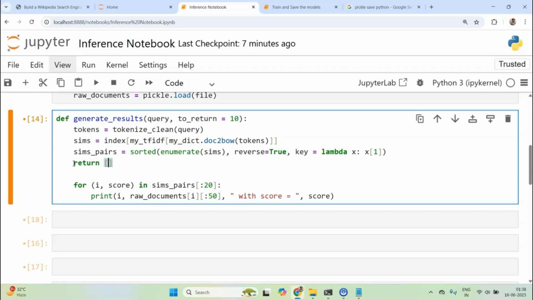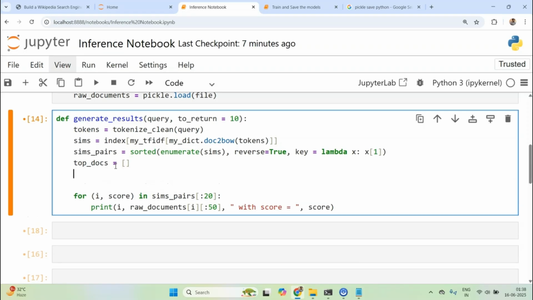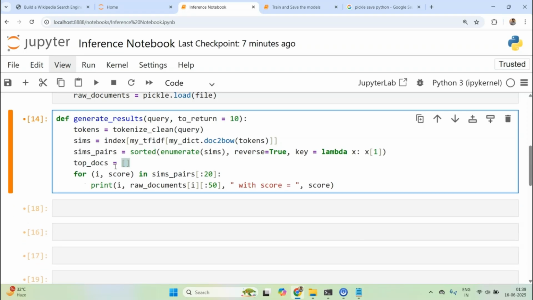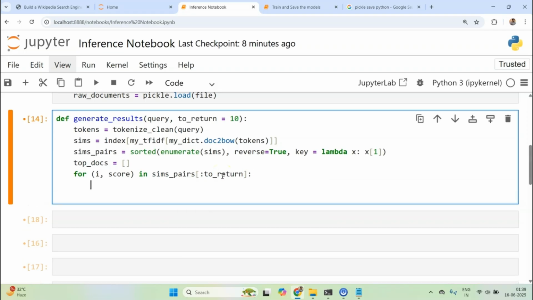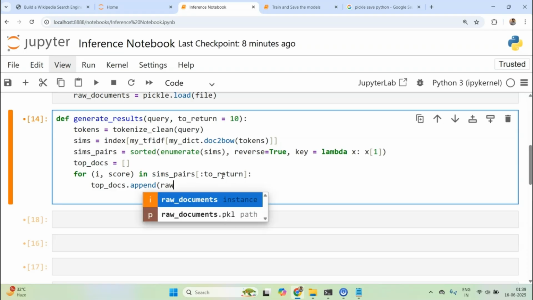I want to return the top documents. I don't even want to return the score. So I'll write top_docs equal to this, or maybe I just get rid of this, and similarity pairs up to the number to return. However many I want to return, I will write top_docs.append(raw_docs[...]).